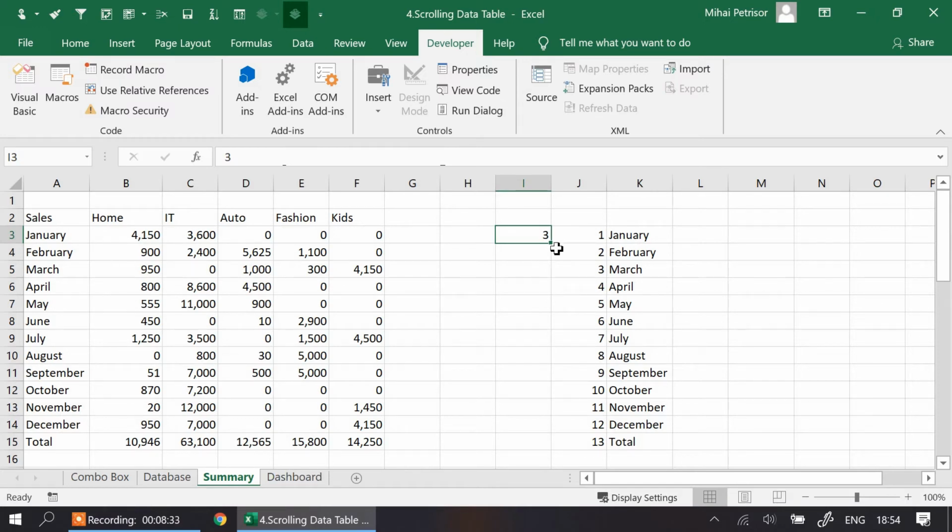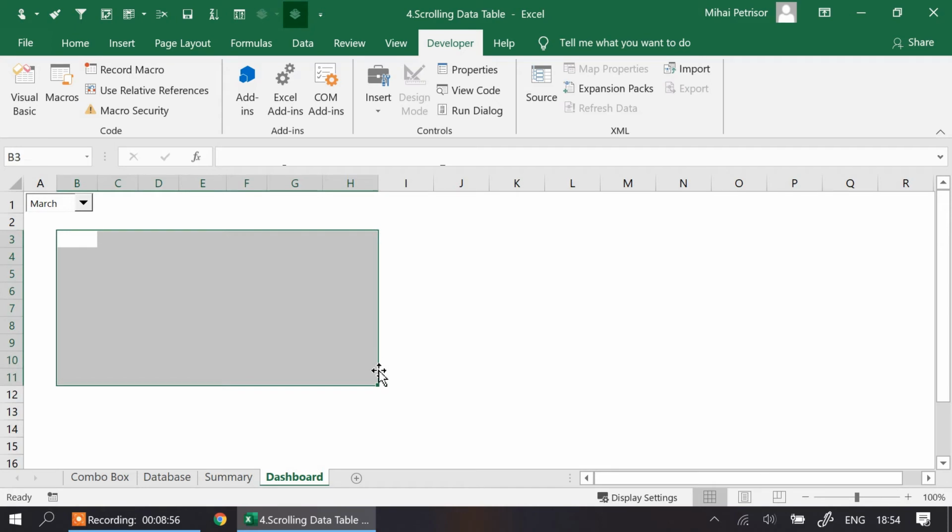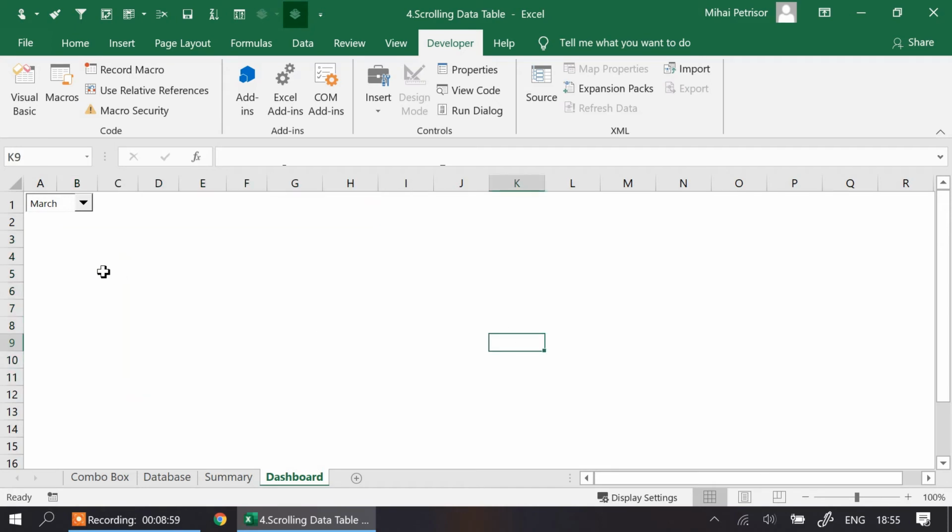In this moment we can start to create the next lookup function, which is a complex function combined with a VLOOKUP, or let's use maybe an index combined with match function, because we will not display these figures, we will just use them for our combo box and for our dashboard.